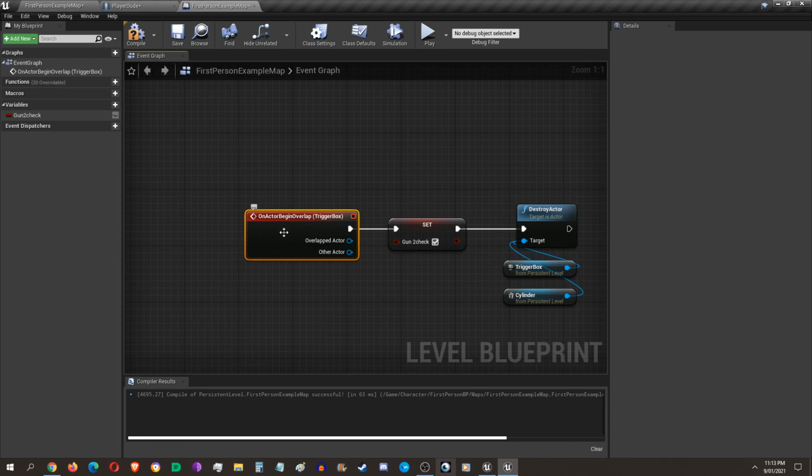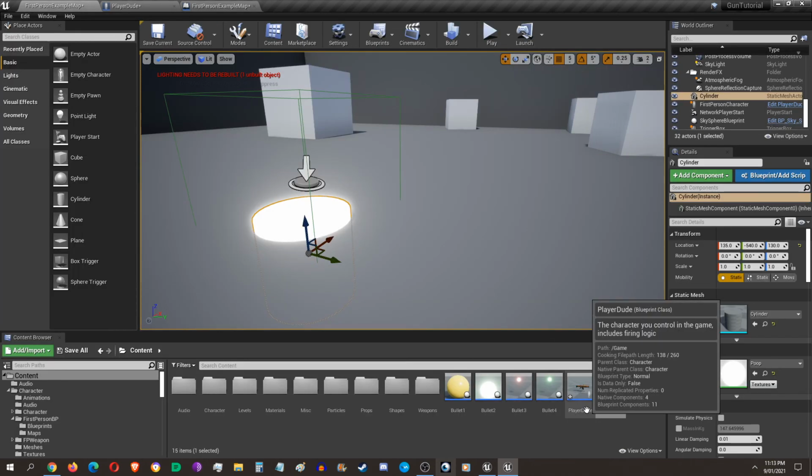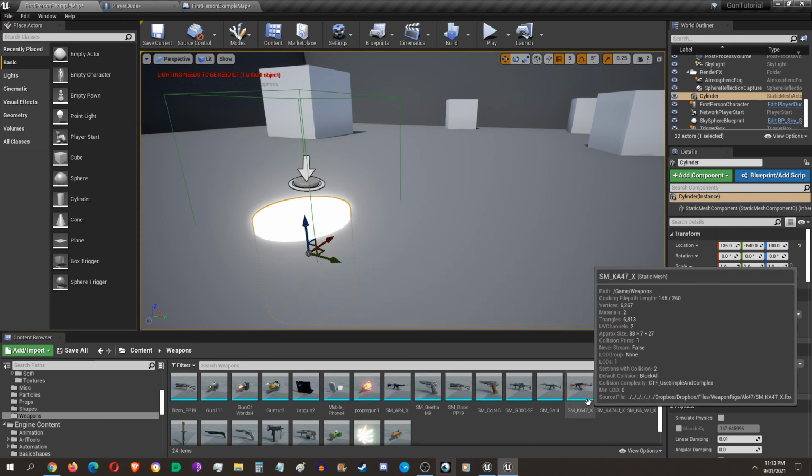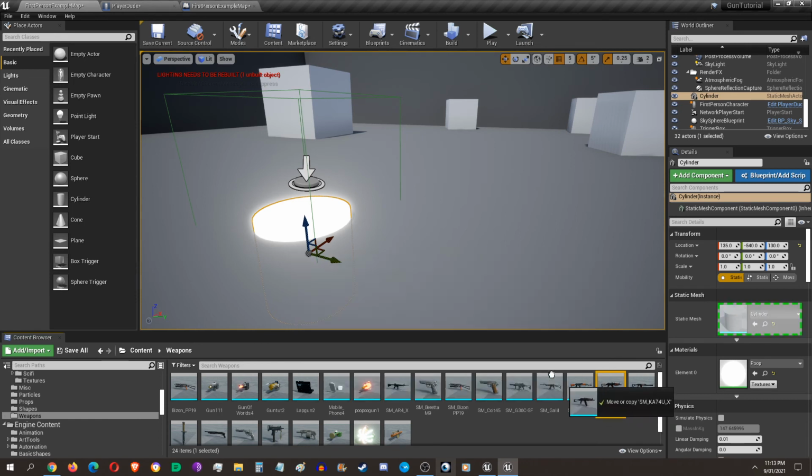So when we walk into the trigger box, we're going to put a graphic of a gun there, and then destroy actor of the gun when we get in there. So let's do that, I guess. What is number 2? Gun 2. What was gun 2? I don't know. I think it was 74U. Anyway,